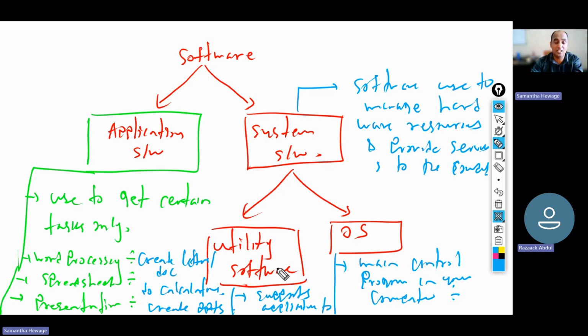We have antivirus guards, performance optimization software, defragmentation applications. A lot of utilities are there to manage and control and keep our computer in a safe environment. That is called utility software. For example, let's say in your house, without water, without electricity, or without